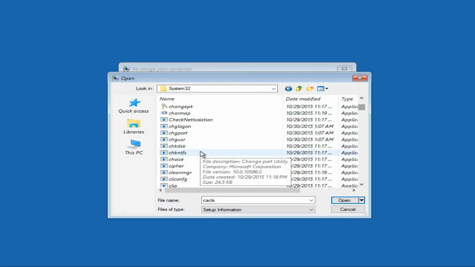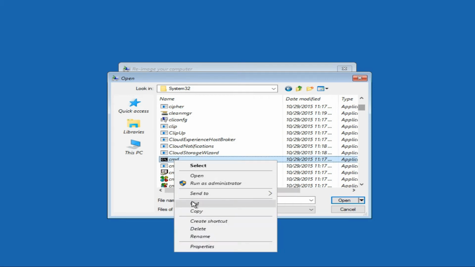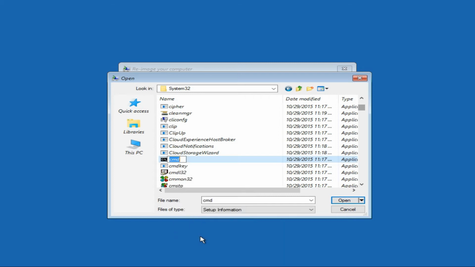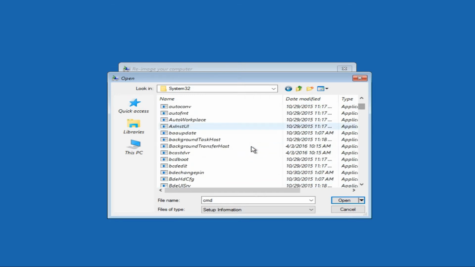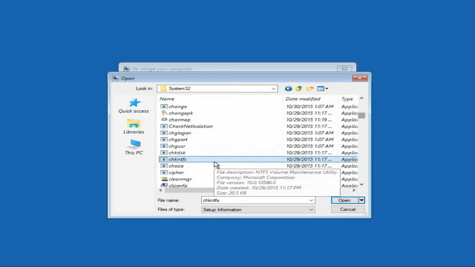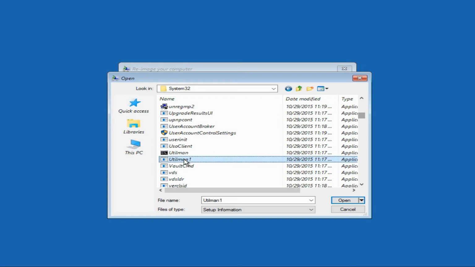We also have to change that. See, rename it to utilman. Enter. We have changed both files. See here utilman and utilman1.